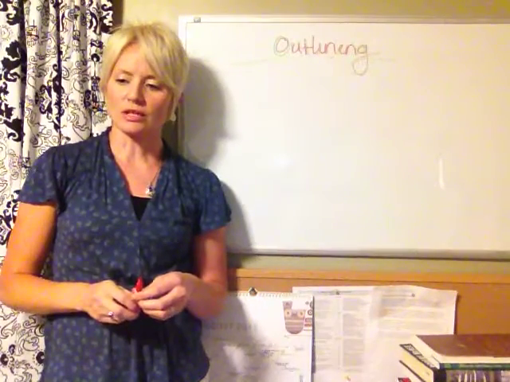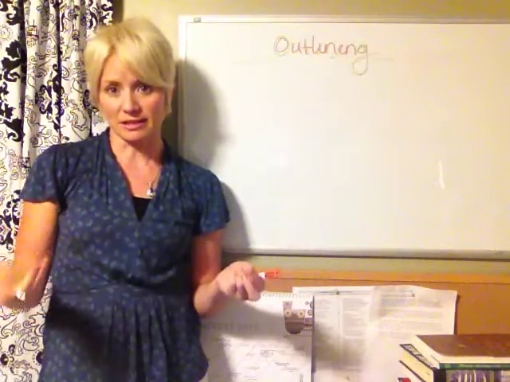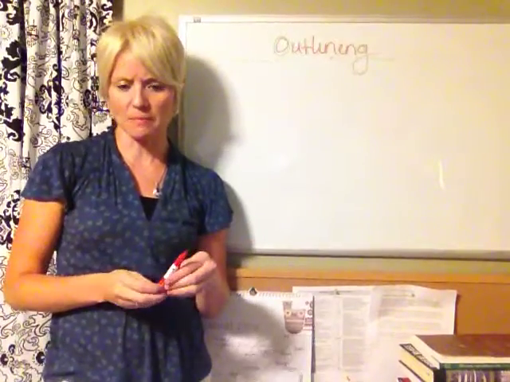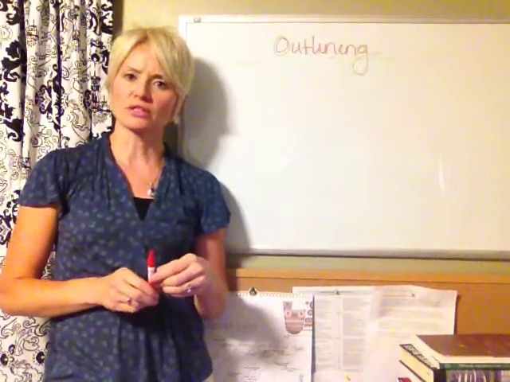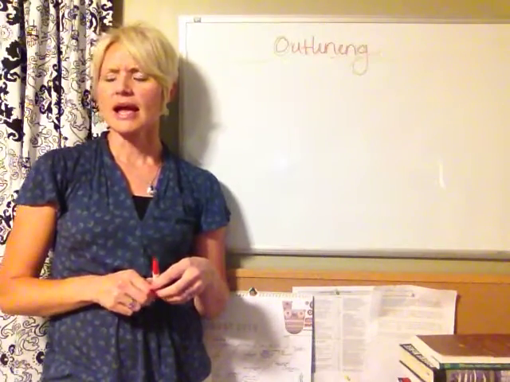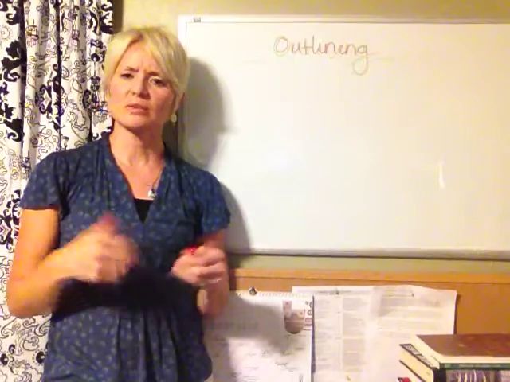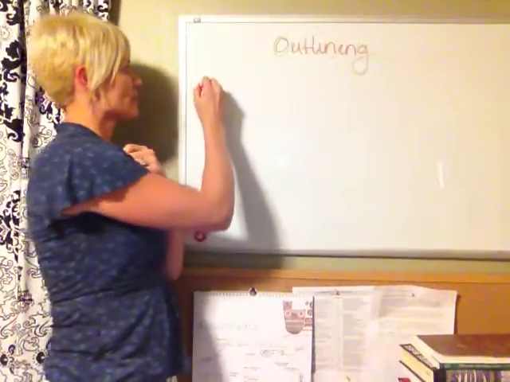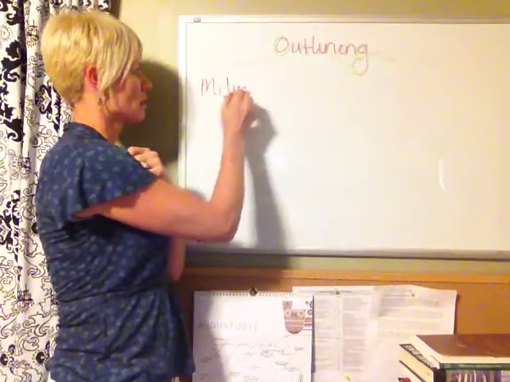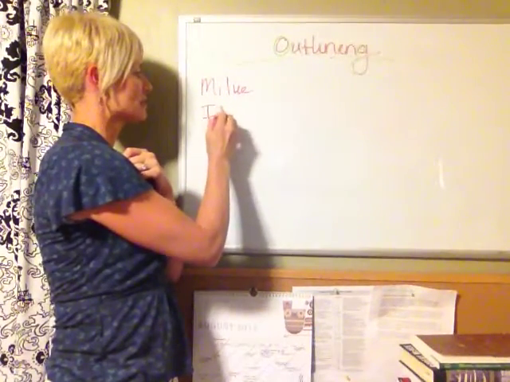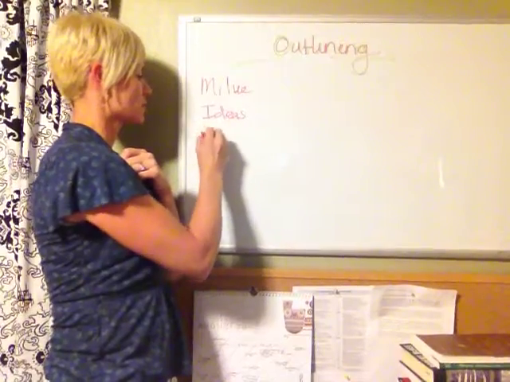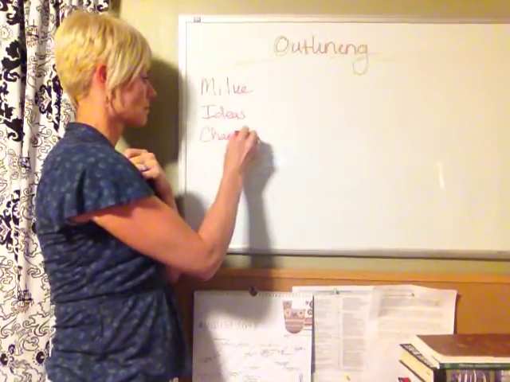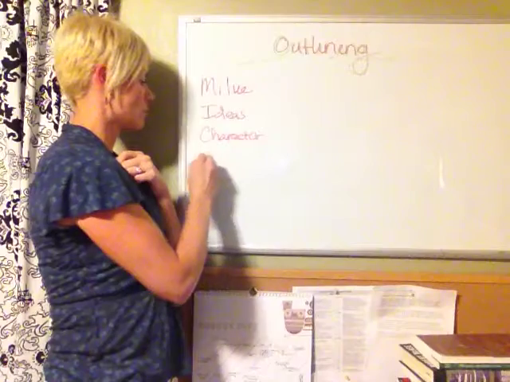And what I do is I start with something called an acronym that I learned about in a book by Orson Scott Card called Character and Viewpoint, The Elements of Style. What it's called is MICE, is the acronym that he uses. And what that stands for is milieu, ideas, character, emotion,